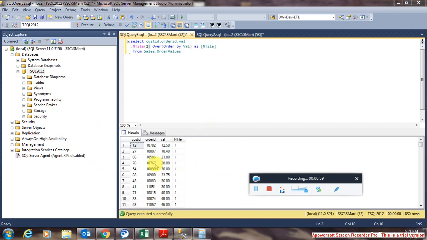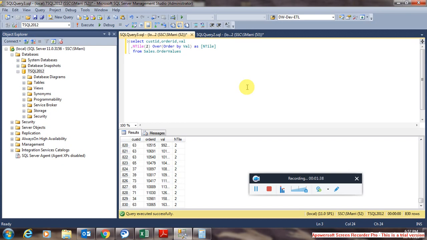In the result set, we have 830 records. These 830 records you want to distribute into two equal groups, which is 415 records in each of the groups. So if you run this query, the first 415 records will be in the first group, and the next group starts from 416 until the end of the query results. So 830 is divisible by 2, so it has equally distributed the result set into two groups.